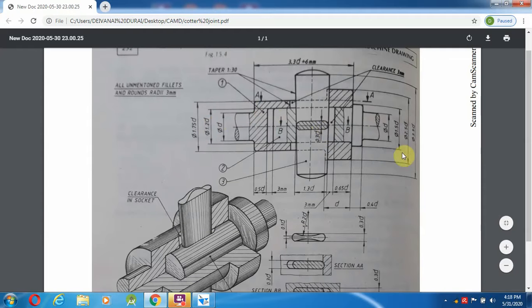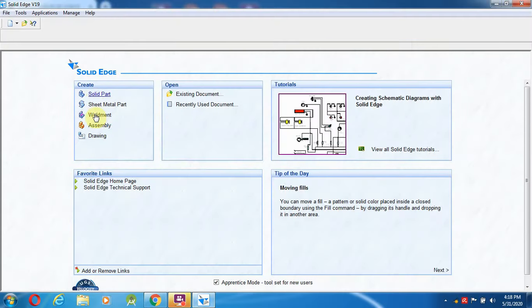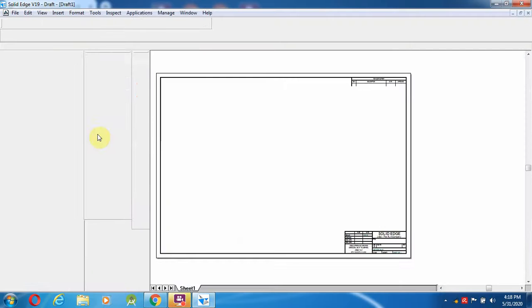Then comes the socket and spigot quarter joint. This is the socket and this one is the spigot. This is the quarter joint; with the help of the quarter, the socket and spigot are joined here. Now we will discuss how to make this socket and spigot joint. In the question the diameter is given as 20 mm, and only with the help of the 20 mm diameter are we going to construct the quarter joint. Go to the drawing.